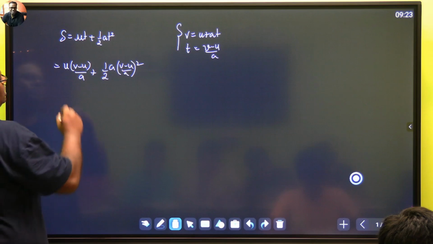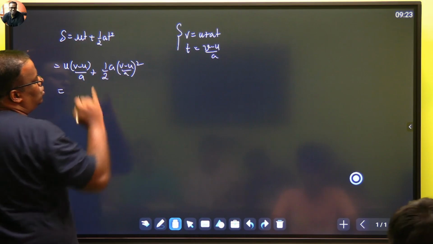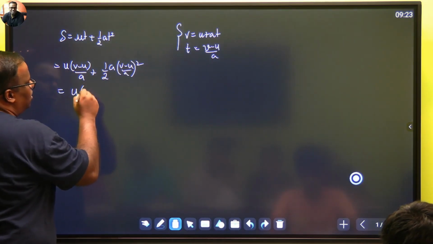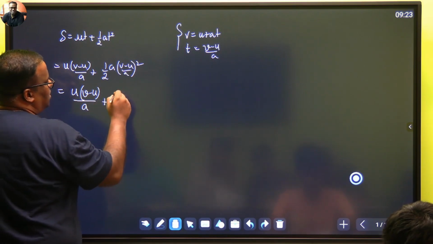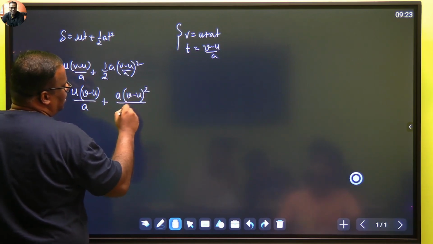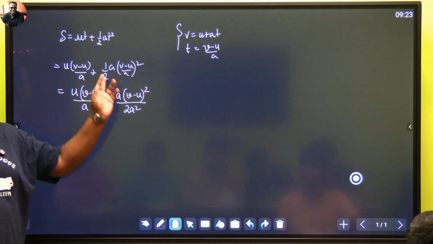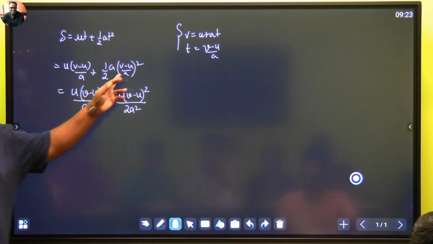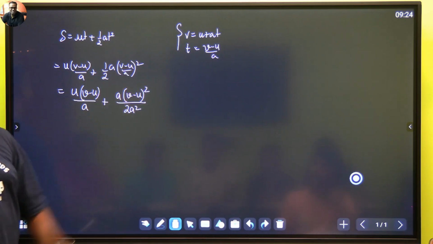चले आगे. Okay, so let's make it easy. a and this will become 2a square. So let's write it. See how to make it simple. v minus u divided by a plus we make it a v minus u square divided by 2a square. Can I write it like this? Just a को square बाहर निकाल दिया. Why, Vaibhav? Any issue? You've understood this process. What is this? Whole square. Yeah. I just took the a square outside.